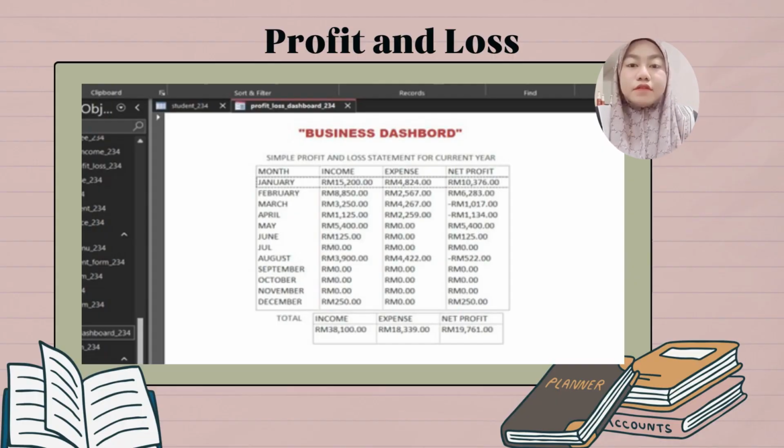Lastly, for our profit and loss, the total income for 12 months is 38,100 ringgit Malaysia, and the total of expenses is 18,339 ringgit Malaysia. The highest amount of income is in January, which is 15,200 ringgit Malaysia, and the lowest is June, which is 125 ringgit Malaysia. For total expenses, the highest month is January, which is 4,824 ringgit Malaysia, and the lowest is April, which is 2,259 ringgit Malaysia, and the total of net profit is